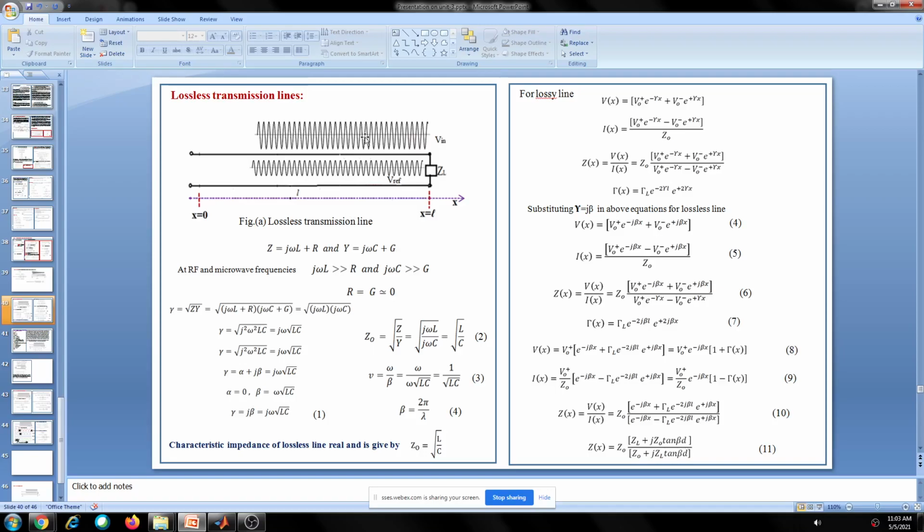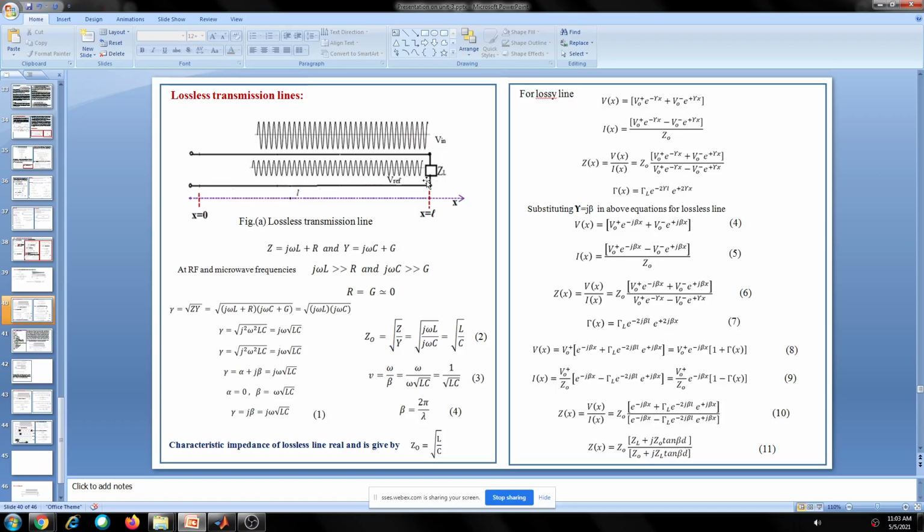As we can observe here, this is an incident wave. Because alpha equals 0, the amplitude of the signal does not decrease as it travels over the line. It remains constant as you move over the transmission line. Similarly, the amplitude of the reflected wave also doesn't decrease as you move. It is generated with a particular amplitude because of a load ZL. The amplitude of this reflected wave depends upon ZL.